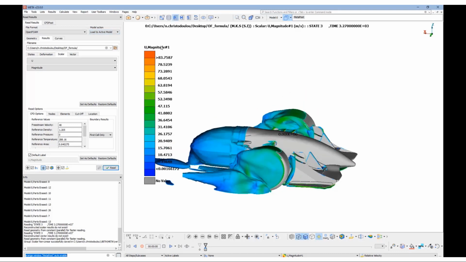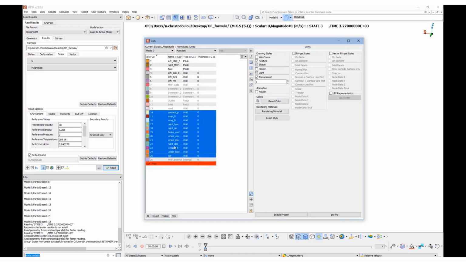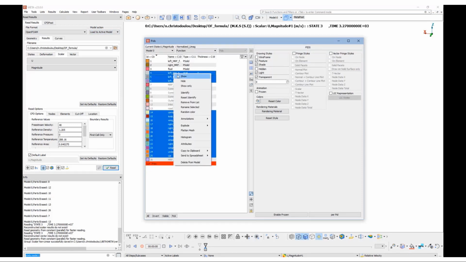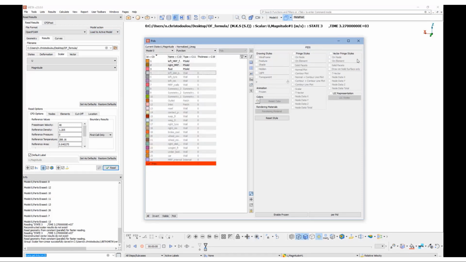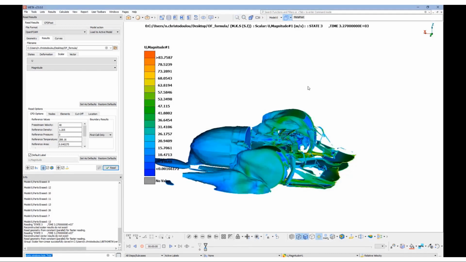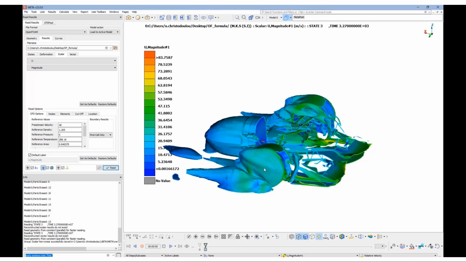And then let's hide all the PIDs of the car, just to showcase that this is a closed volume separated by the ISO function.